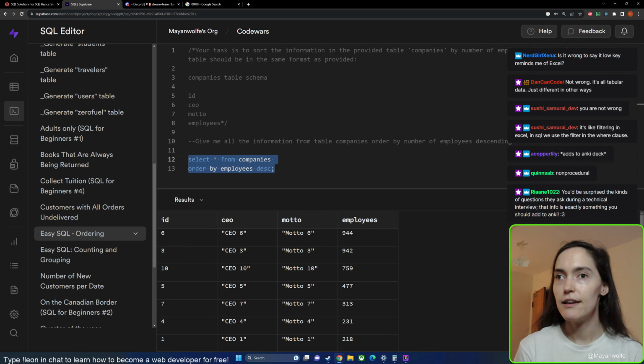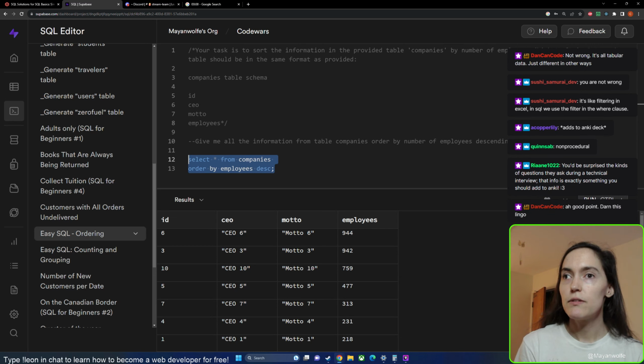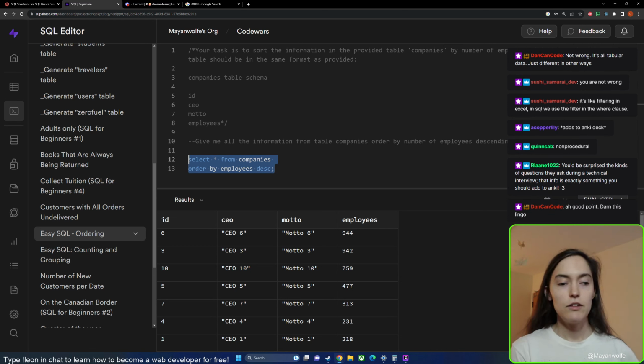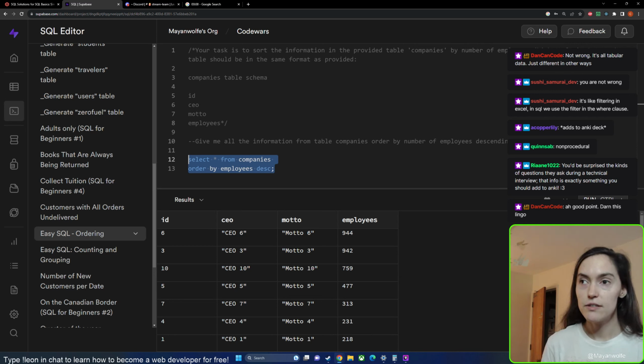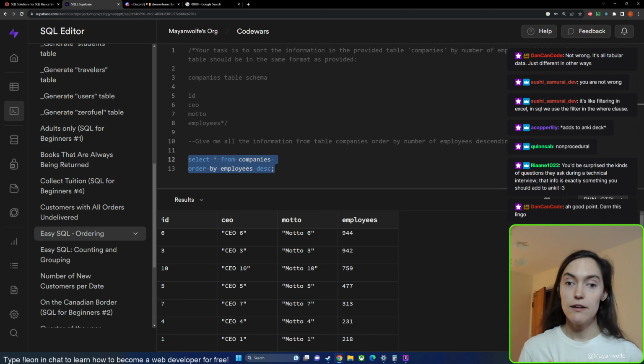Table based data. Yeah, I'm just reading through the rest of the chat here. It's like filtering in Excel. In SQL, we use the filter in the workflows. Yeah, exactly. What you'll find is that there are similarities to how Excel analyzes data to how you would write